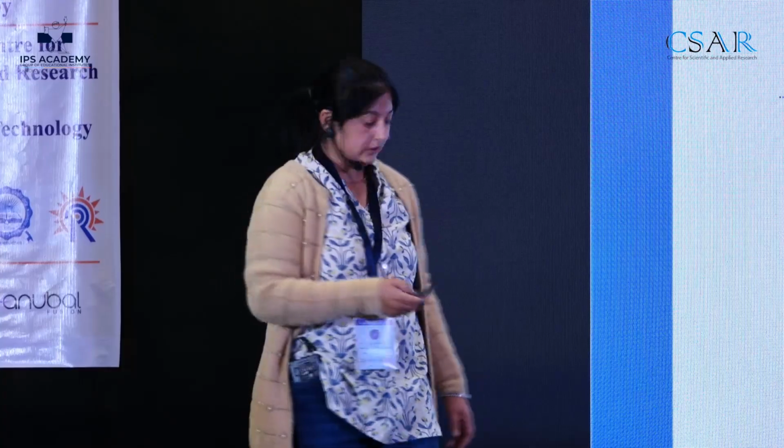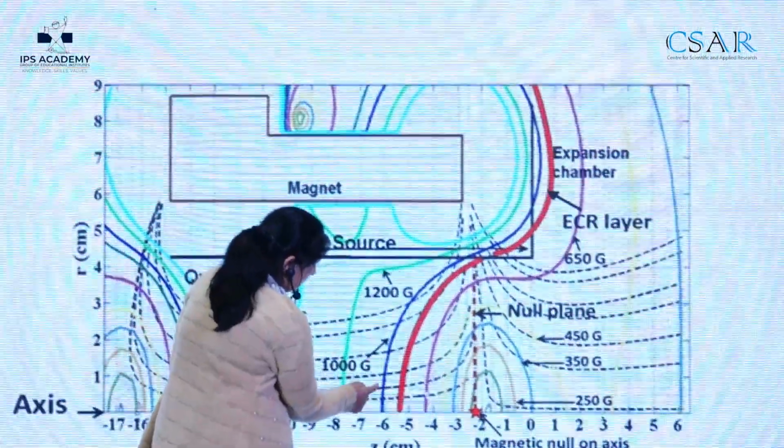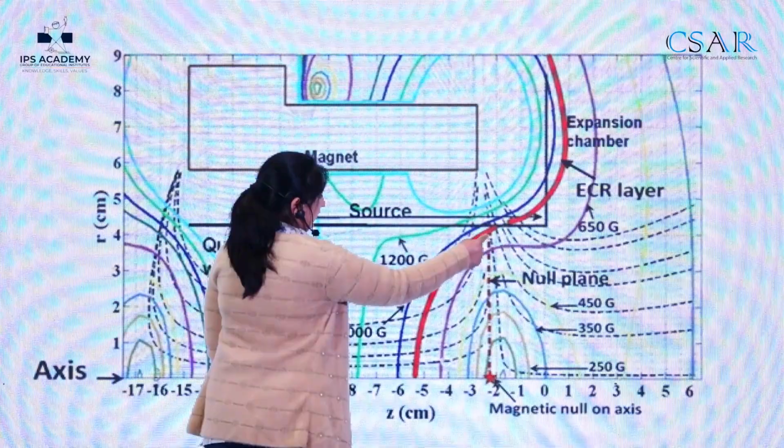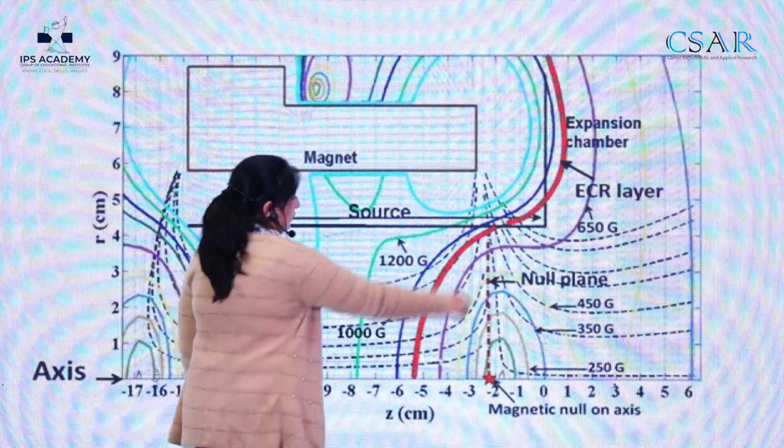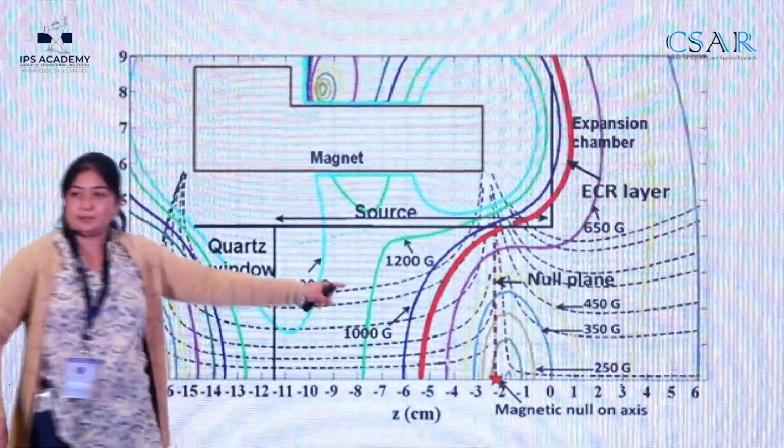So you're expecting electron temperatures to be 100 eV at that? Sorry? Your electron temperature is of the order of 100 eV? No, I didn't understand. So plasma potential relates to the electron temperature. Correct. So do you expect that 100 eV temperature locally? Yes, because we have seen that, for example, an electron sitting on this line will go up, touch here, and come back and touch here. So multiple times resonance heating can take place there.